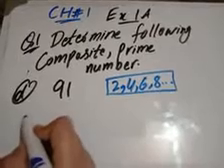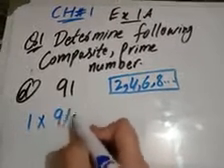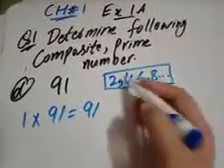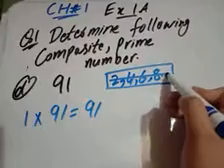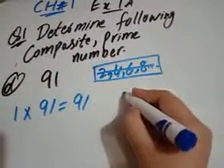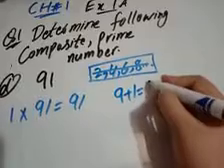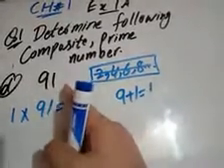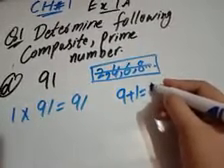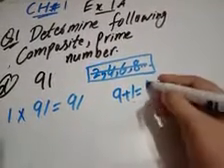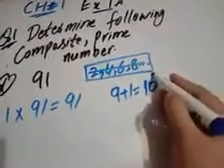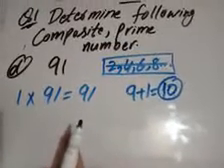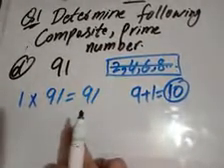We also know that 1 is a factor of every number. 1 times 91 is 91. Now all the even numbers are not the factors of 91. So check the divisibility test of 3. If we add the integers and the result is a multiple of 3, then the number is divisible by 3. If we add 9 and 1, it gives 10. So 10 is not a multiple of 3. So 91 cannot be divisible by 3, or 3 is not a factor of 91.